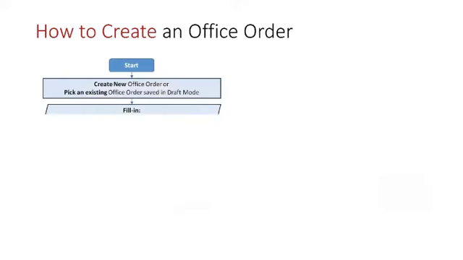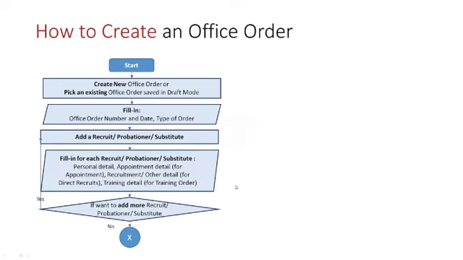So we'll just see how a common office order is to be created. We are having a look at the joining order of a new person. Our dealing clerk will enter the HRMS URL, which all of you are aware of. Every dealing clerk has his own ID and password through which he will enter the system. Then he will fill in the office number, its date, and the type of order. He will fill in the number of people who are going to join, 1, 2, 3, 4. How many people are there in an order? All those are to be entered.